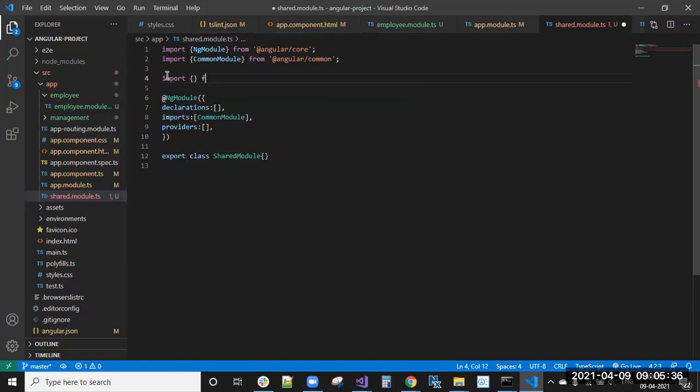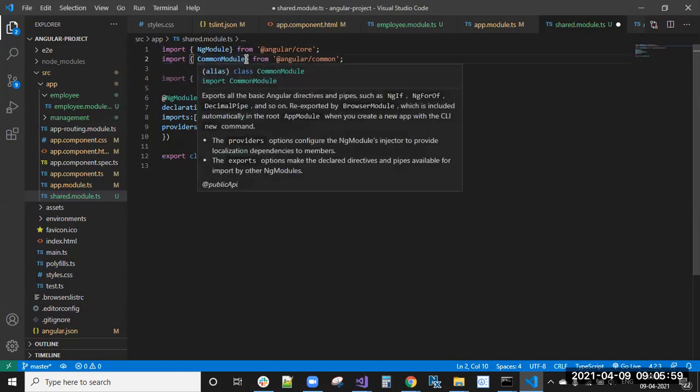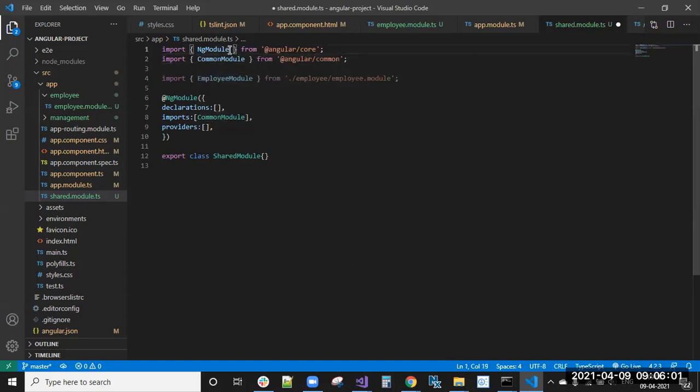Import from employee.module.ts, the Employee module. This is the best practice to keep the spaces. Without it also it's not a problem, but that's a good practice.